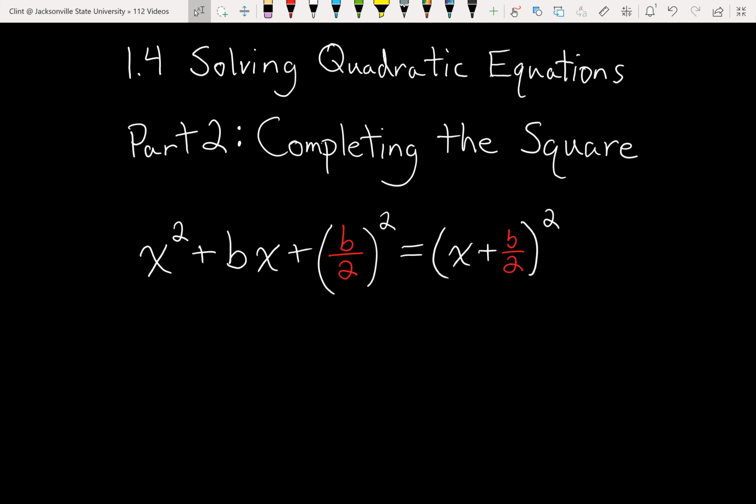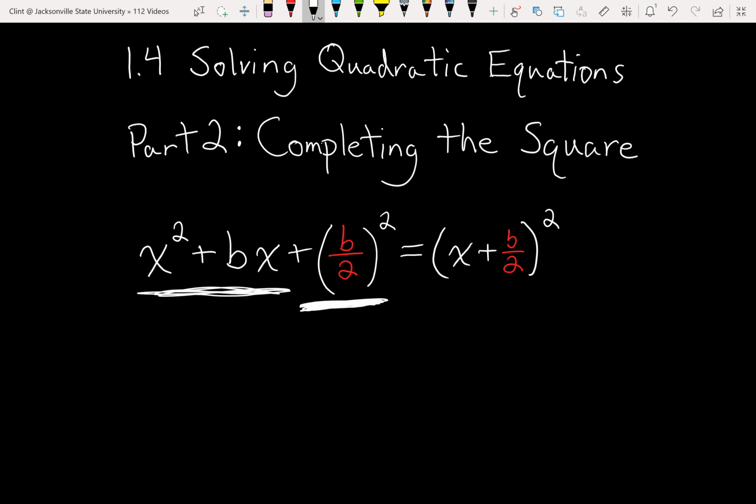Part 2, solving quadratic equations. We're going to be talking about a technique called completing the square. So the idea here is if we have some expression like x squared plus bx, and then we add this special term to it, which is b over 2, the coefficient in front of the x divided by 2, and we square that,